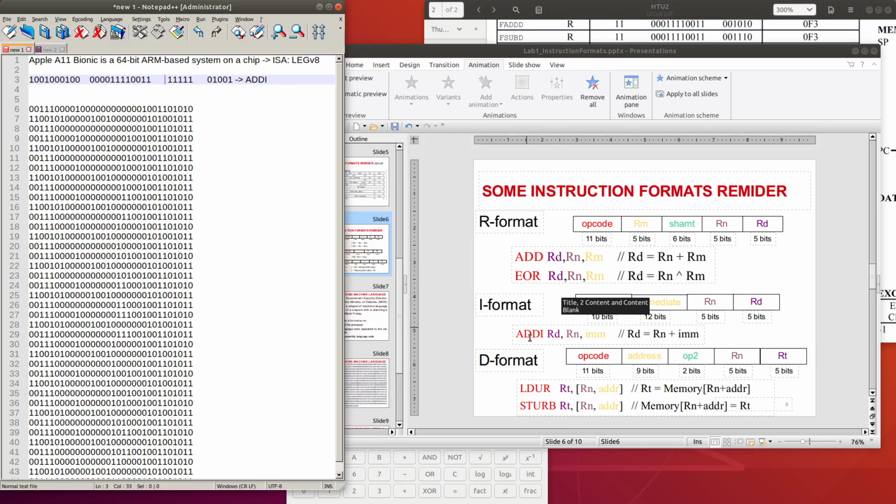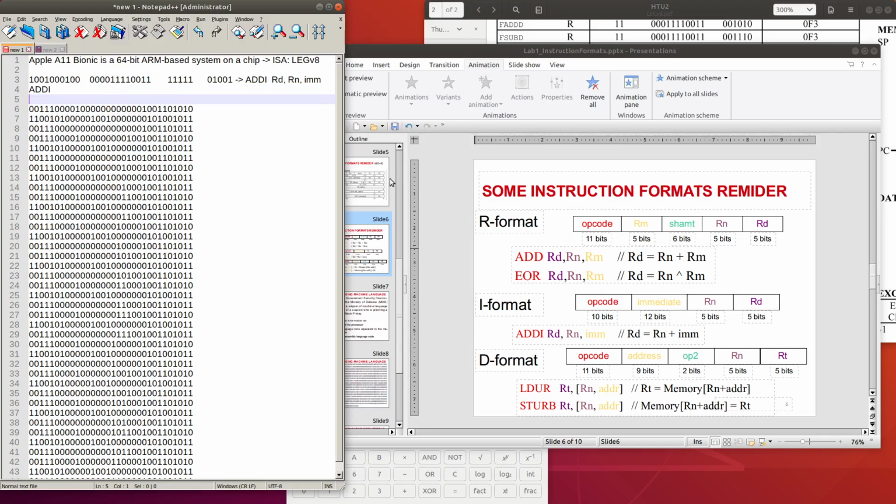The format for ADDI is Rd, Rn and immediate. So if we look into this, the opcode is 10 bits, and here it will be ADDI for the opcode.